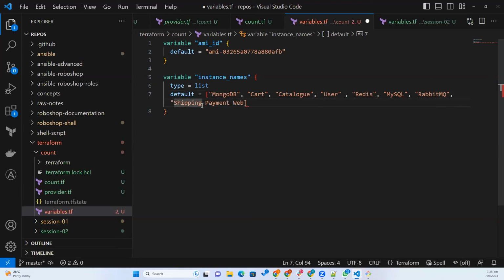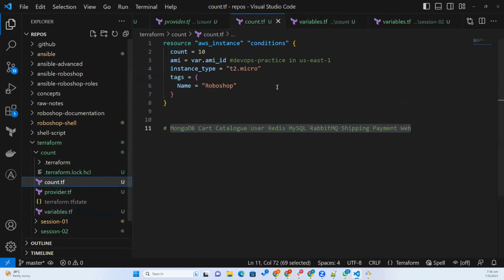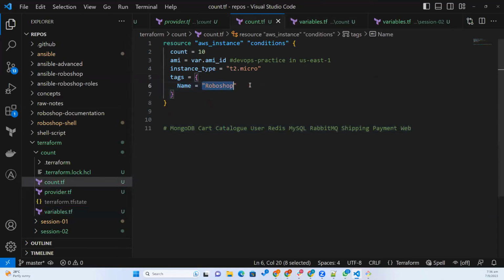So how can you make it better with count.index? Now let us see that. So this count is 10. And what are the index? Index starts from, you know that, right? Index always starts from 0 in any programming or scripting. So this is 0, 1, 2, 3, 4, 5, 6, 7, 8, 9. Okay. So now here you just name it as,